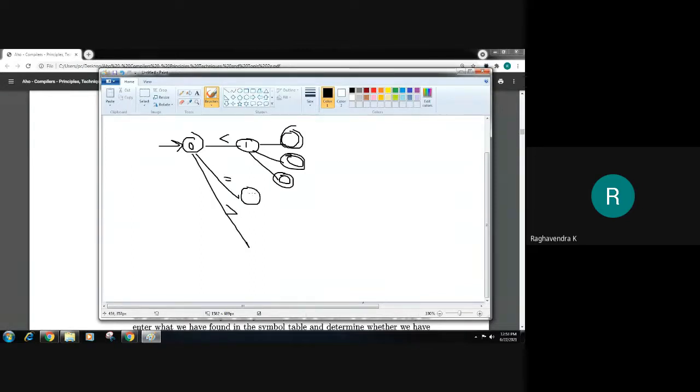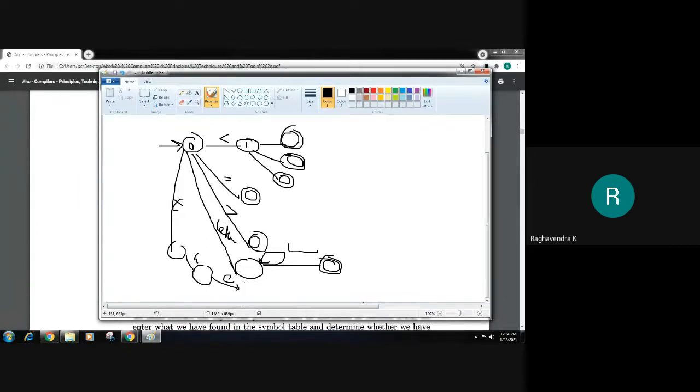I will not write the entire transition diagram. At the start, we can also see a letter, correct? So you can have the identifier part associated here: a letter followed by any number of letters or digits. Or else I can also see keywords like T, H, E, and then N. Then I might end with a final acceptance state.